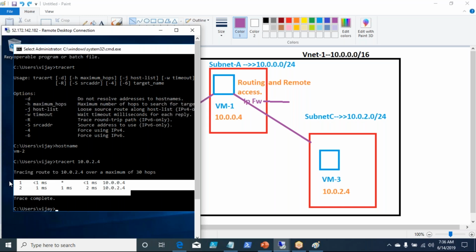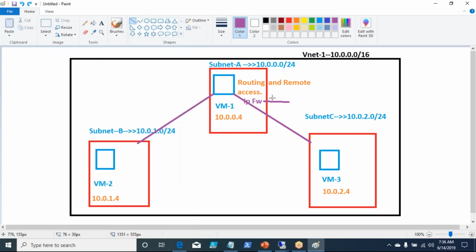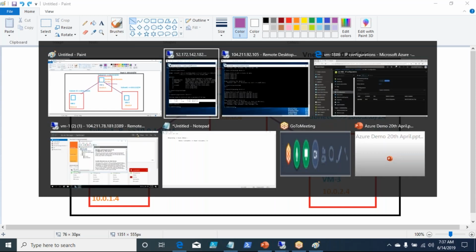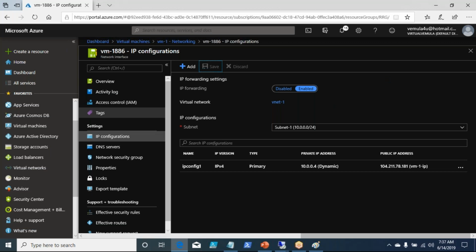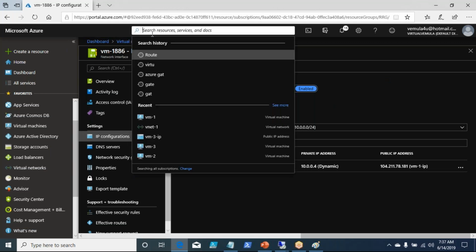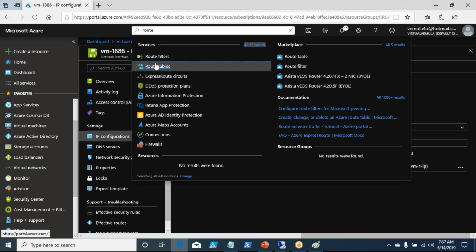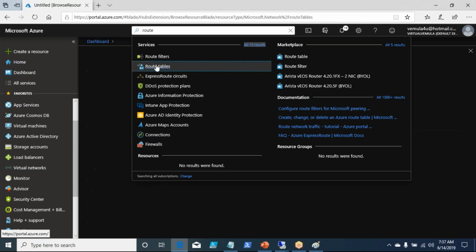Now it can be any other device also, as I said, right? In a real-time environment, the Windows machine routing and remote access or IP forwarding that you configured, you will not be doing. There will be an appliance, which could be a firewall, a router, or any appliance, and you will get those details from your network team, and you just go and put the appliance details when you configure the hop here. Because we don't have those devices, we are using a Windows machine as a solution.